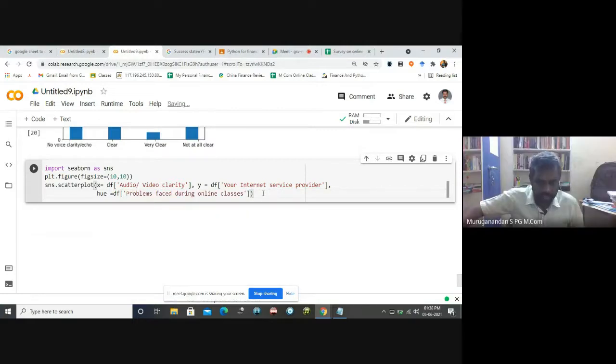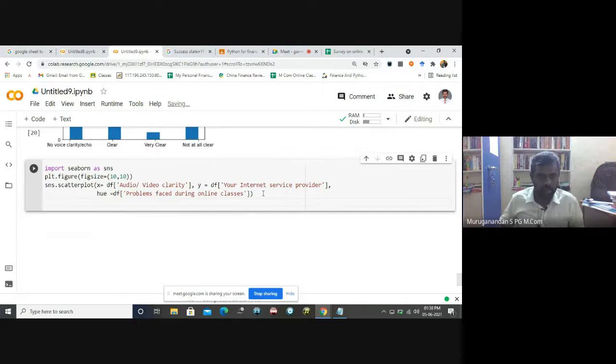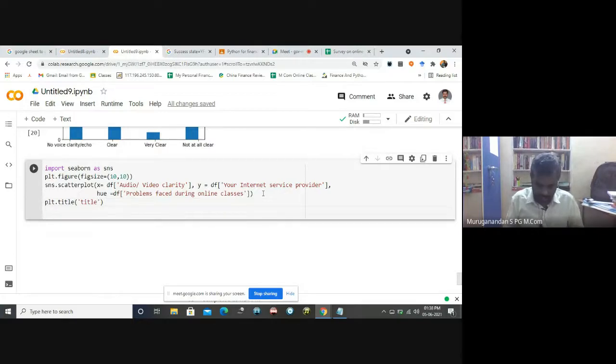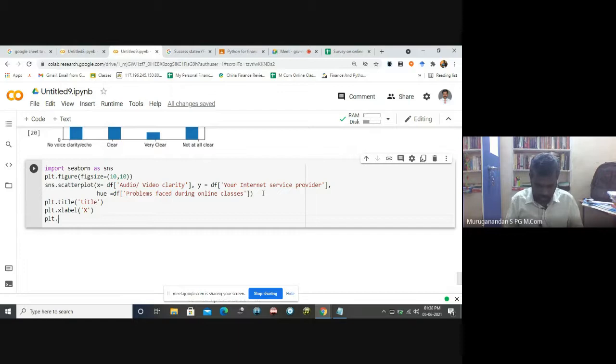Now you can go for a plot title. You can use the plot title if you like, just writing a title, and plt.xlabel, let me use it as x, and ylabel.